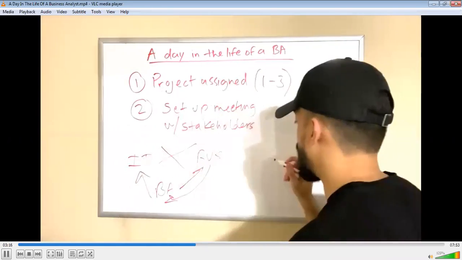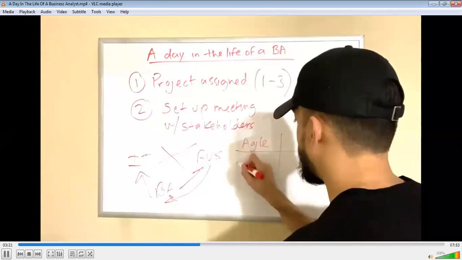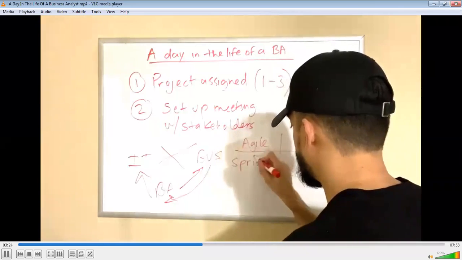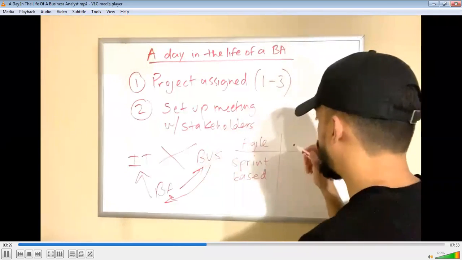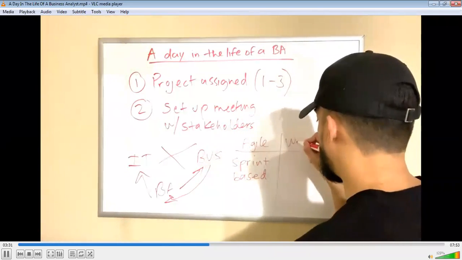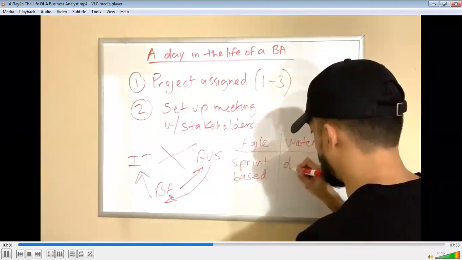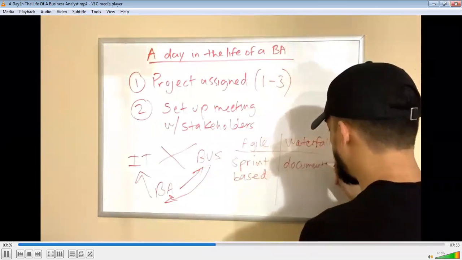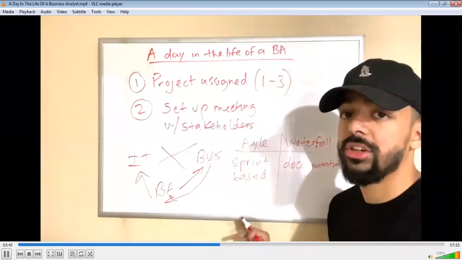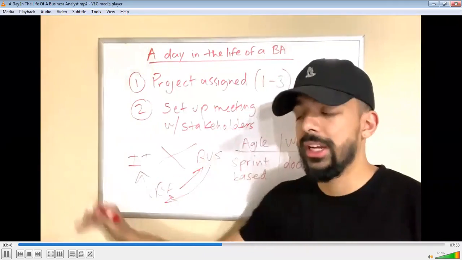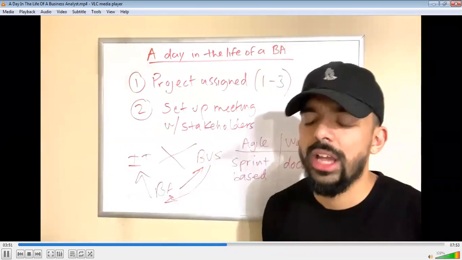Because remember, I told you, if we are doing Agile, we've got a sprint-based type of route that we go in. And if we're doing waterfall, then it is more documentation, okay? Heavier on documentation. So depending on these methodologies, which one the project could go into, and it could be a hybrid, then I'm usually going ahead, and again, let's say I do Agile, I'm going ahead and talking with my PM,